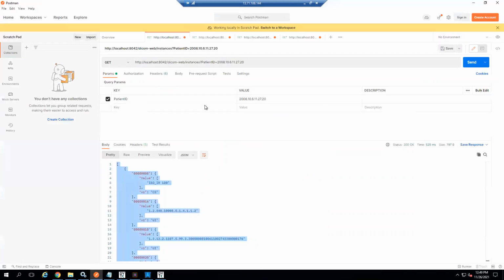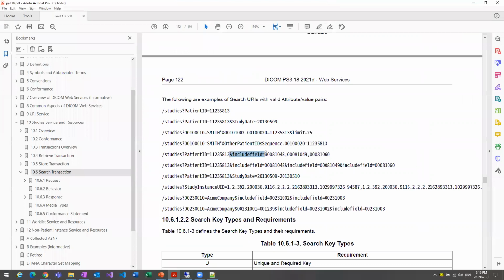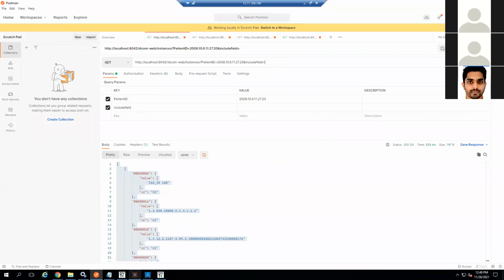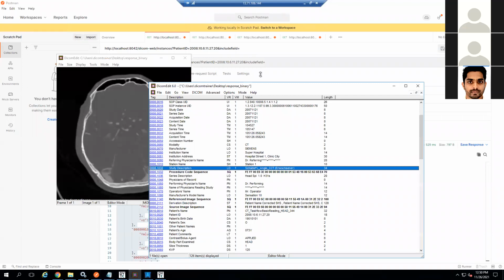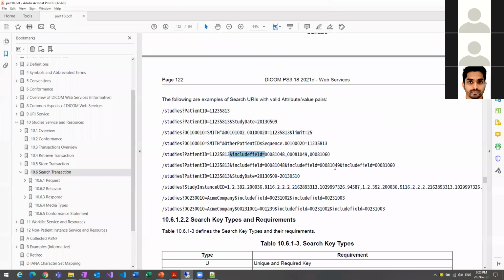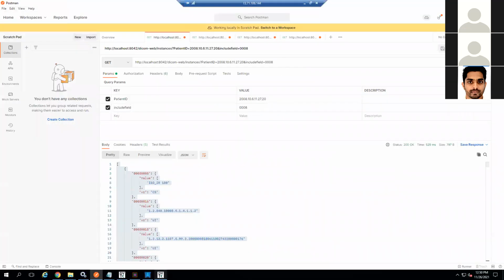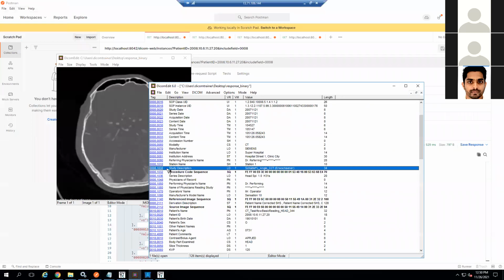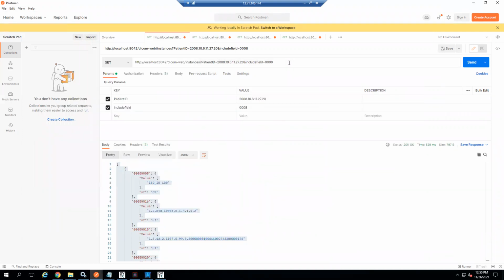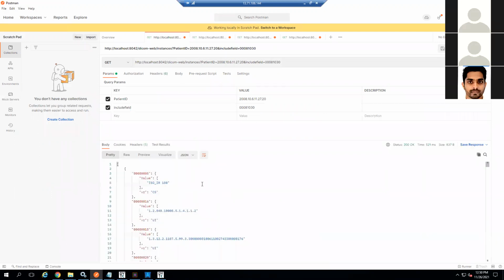So what I'll do here, I'll add that tag equal to 0008 1030. Now this response also I'll show you, the difference.